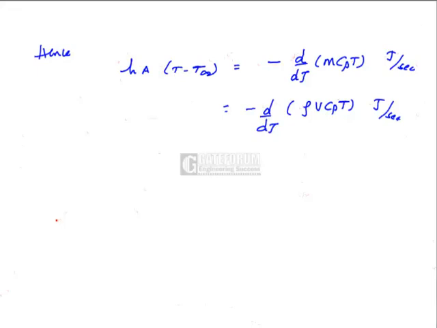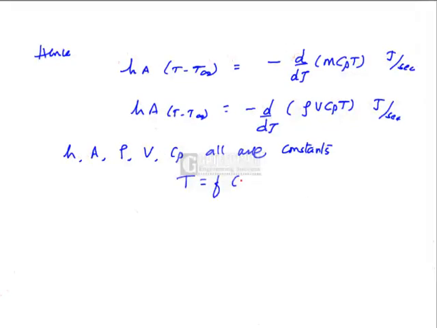Now, if you look at this equation, h, A, rho, V, Cp are all constants. There are only two variables. Temperature is a function of time. Separating the variables, that is T and tau, we get